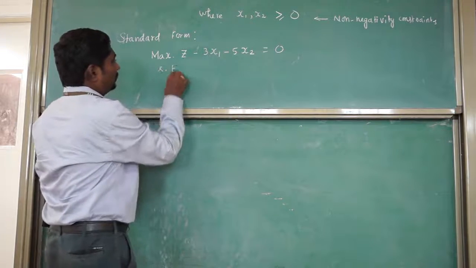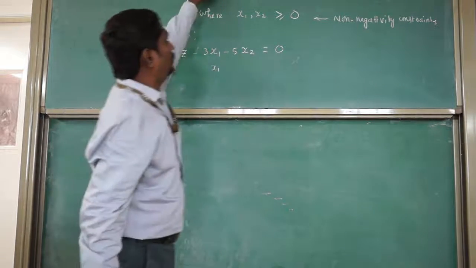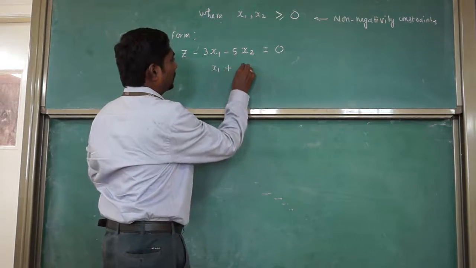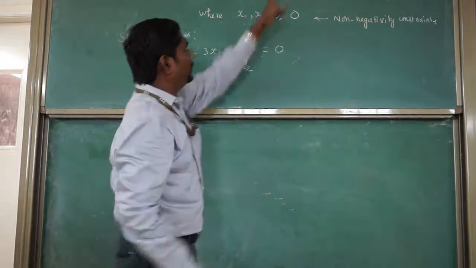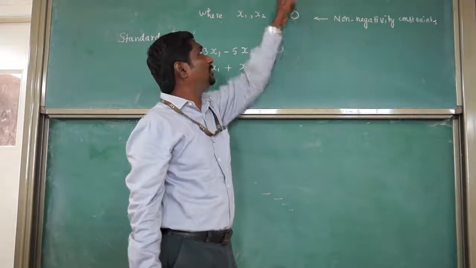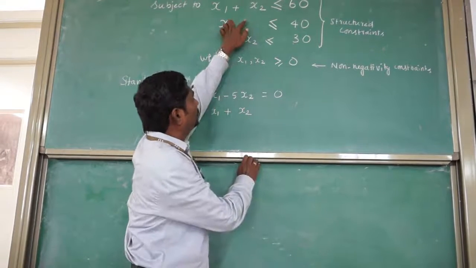This is subject to the set of constraints. It is given that the first constraint is x1 plus x2 less than or equal to 60. So that will be written like this, x1 plus x2. This inequality has to be replaced by an equal symbol. So to replace this inequality with an equal symbol, what we are going to do is, you see,